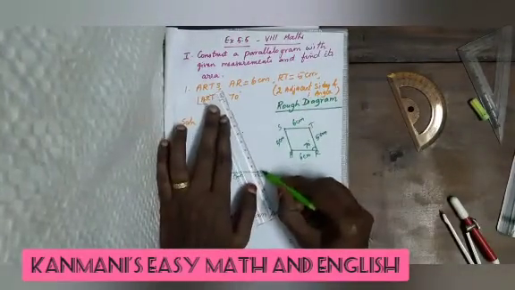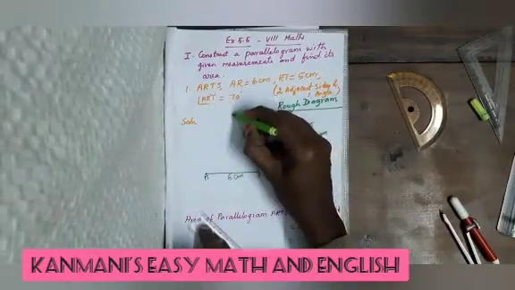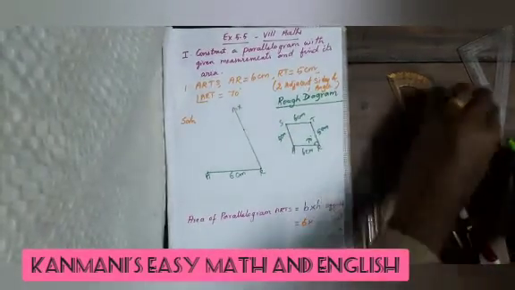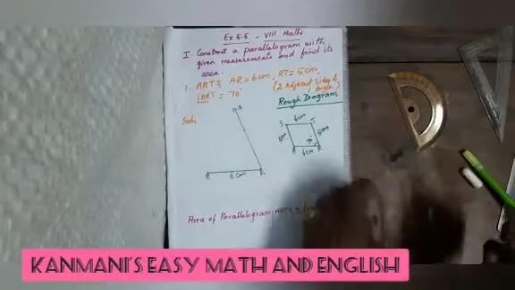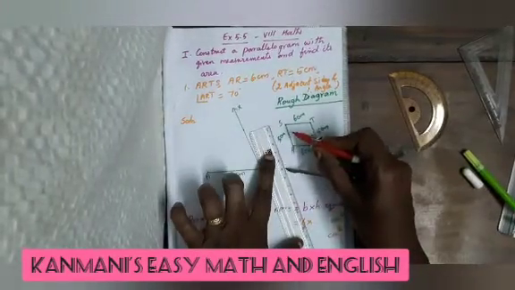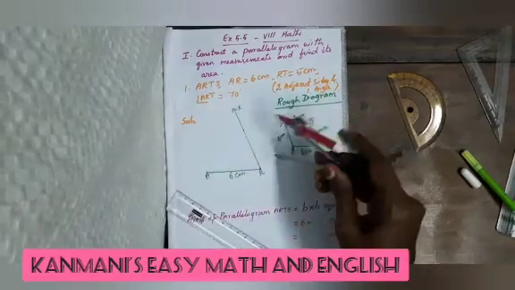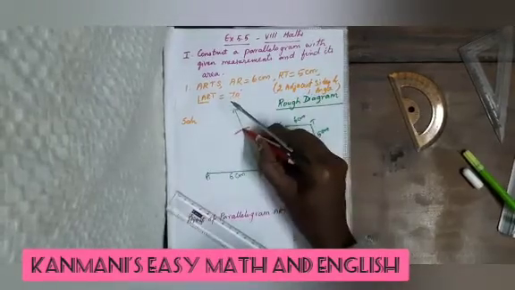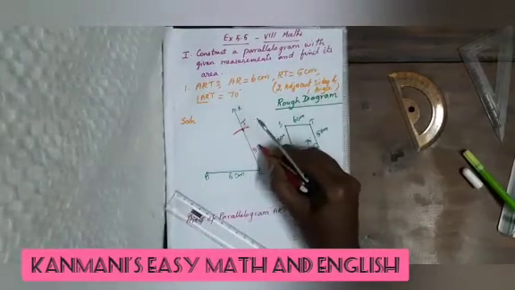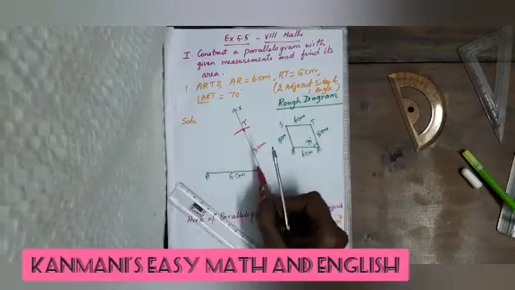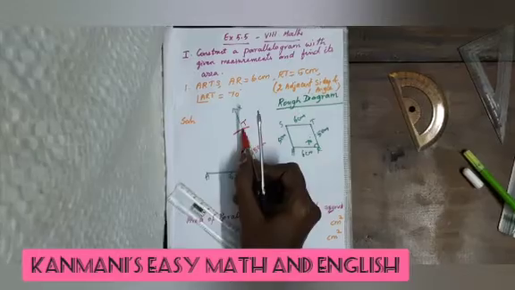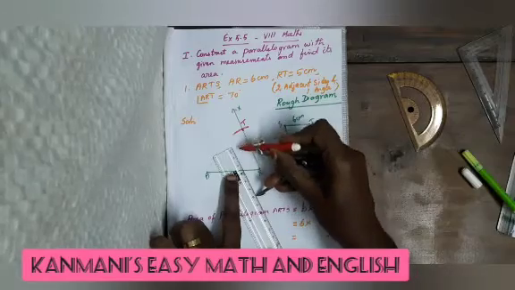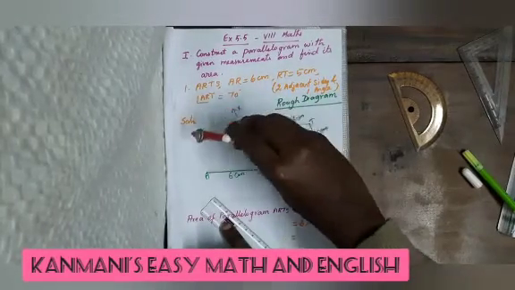So let us draw a line through this R. Now RT is 5 cm. T will lie here. So let us take 5 cm in compass. With 5 cm radius and R as center, let us draw an arc to cut RX at T. As I said earlier, opposite sides are equal. So if AR is 6 cm, then the side opposite drawn from T should also be equal to 6 cm. So let us take 6 cm in compass, and with T as center, let us draw an arc here.